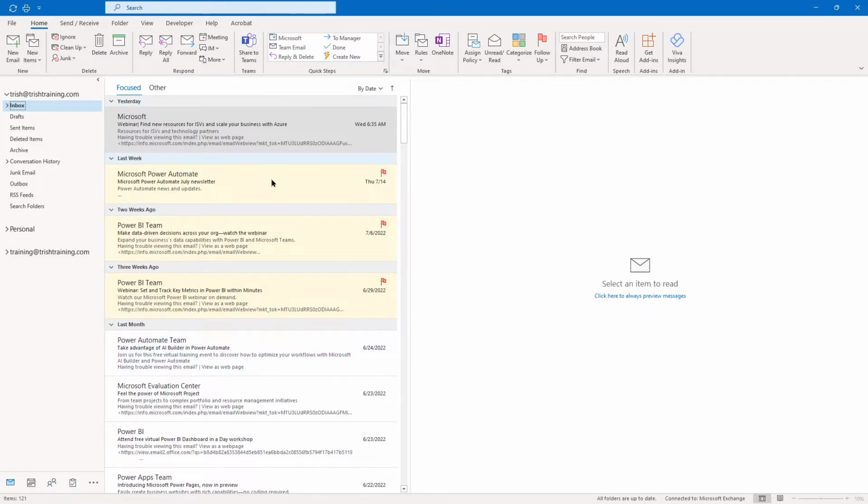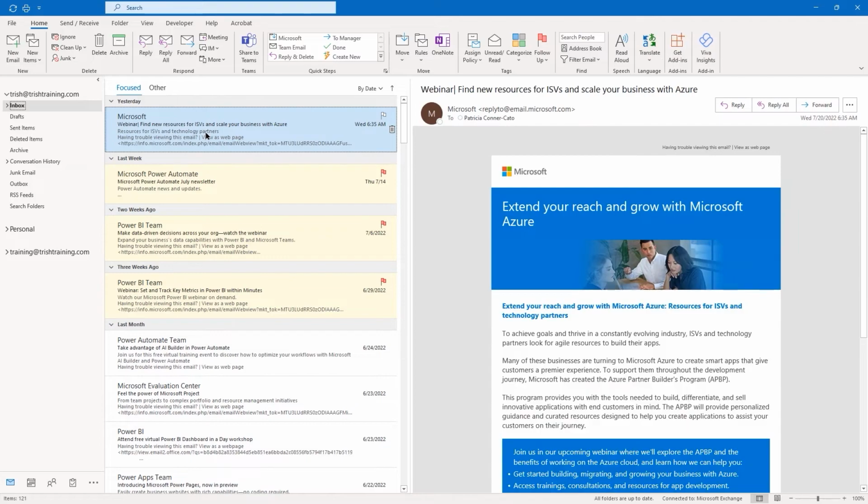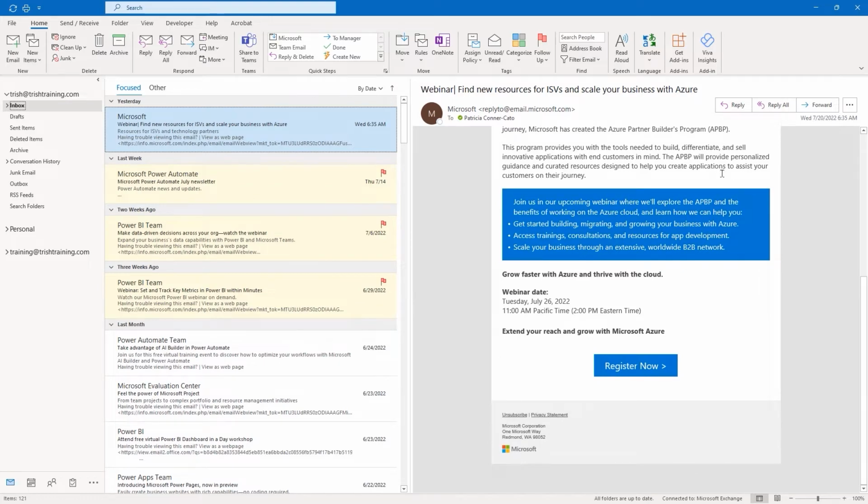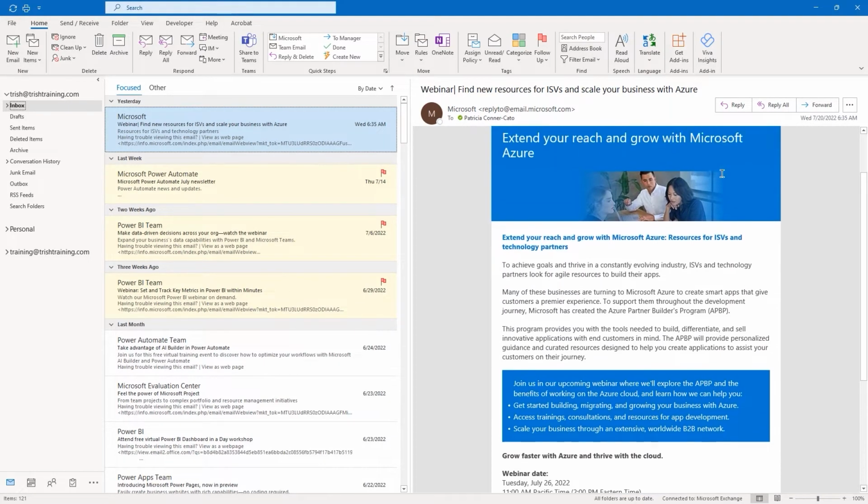And then in the middle section, you have your mail. This is where your mail comes up, and you're seeing a little bit of a preview of all of the messages. And then over on the right, you have a preview pane. So if I click on any of the messages in my inbox, then I can actually see the message in the preview pane. I don't actually have to double click to open the message if I don't want to.